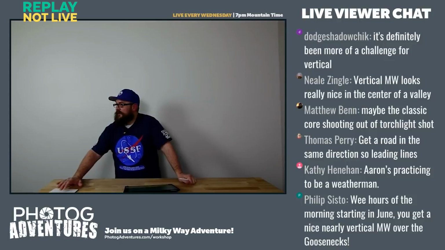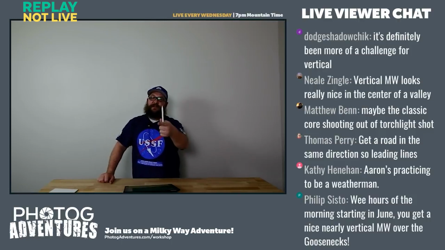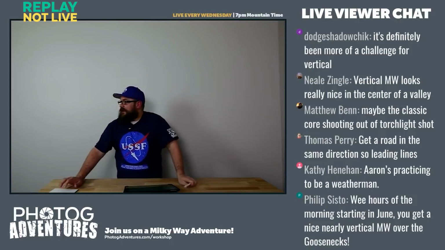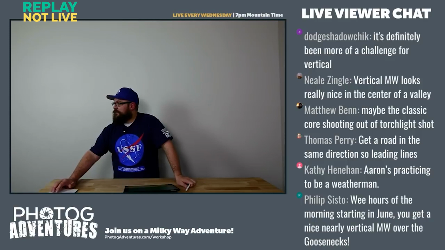So let's go on to the next. Wee hours of the morning starting in June, you get a nice nearly vertical Milky Way over the goosenecks. Phil Sisto is completely correct. He's been there, he's seen it. And so let's go over to my iPad again, and let's talk about,